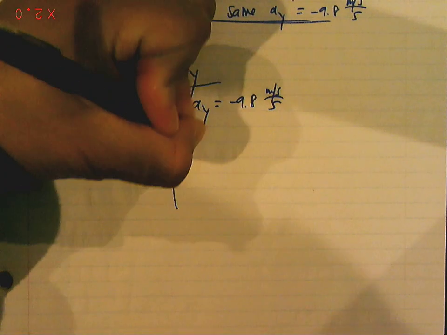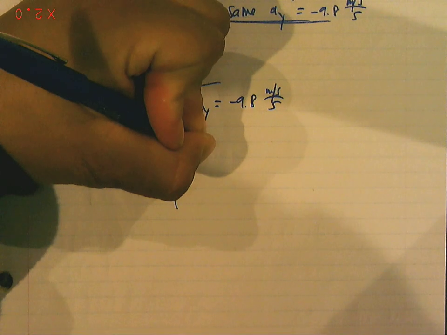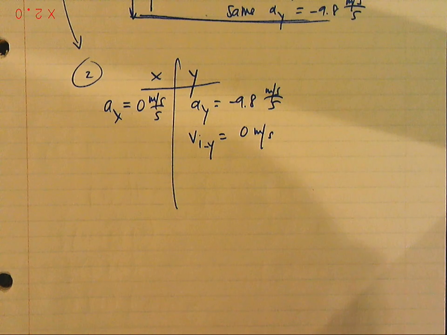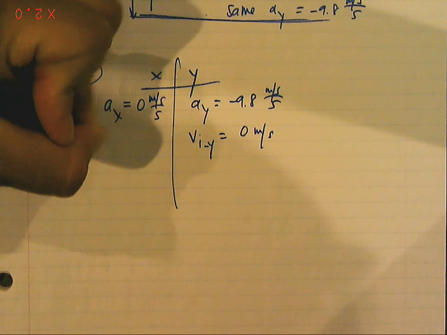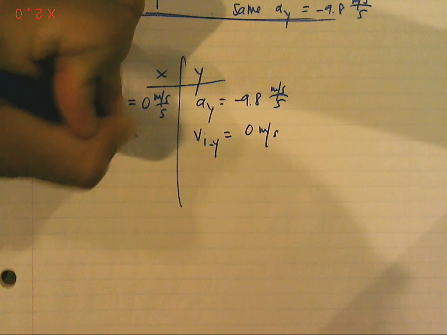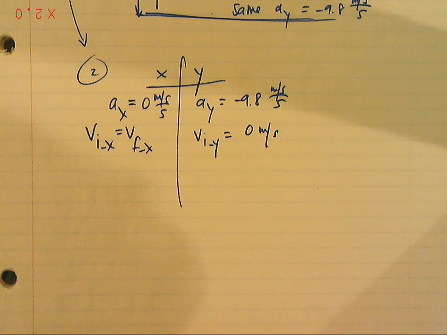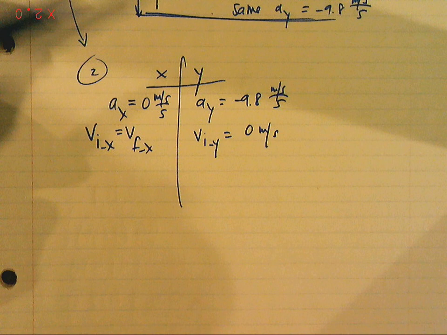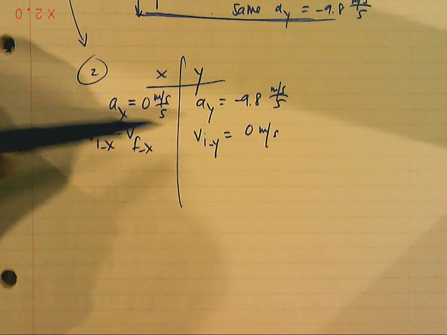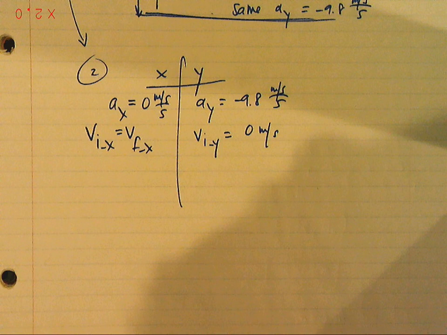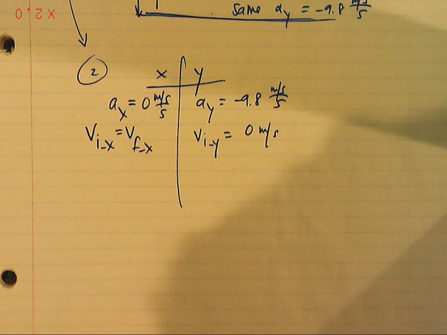And so if you're fired out straight horizontally, your velocity initial in the y is going to equal 0 meters per second. Of course, your v initial in the x is going to equal your v final in the x because your acceleration is 0, nothing's going to change. And so these are your initial velocities and your accelerations in the x and y. Okay. So 3